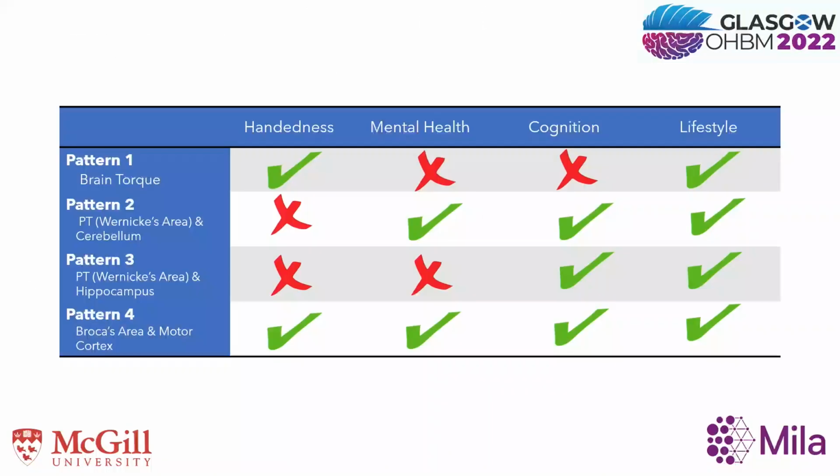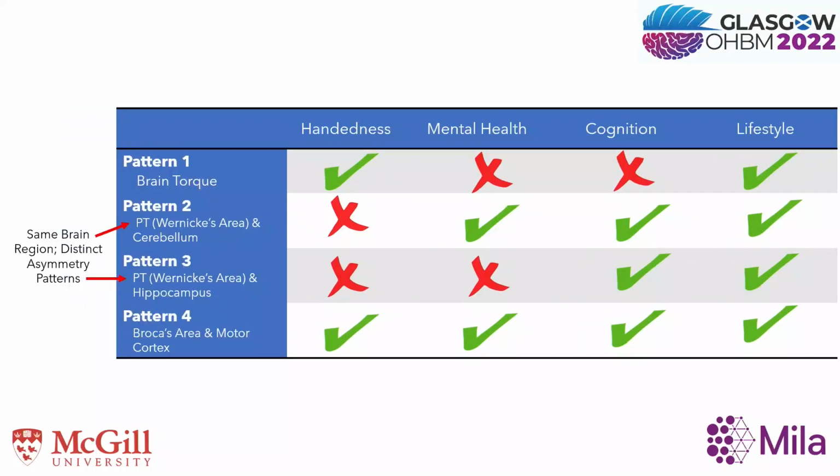In the interest of time, I've summarized our top 4 asymmetry patterns. Here, we see that the same brain region can be implicated in distinct asymmetry patterns. For us, this means that asymmetries in the planum temporale are separately associated with cerebral and hippocampal asymmetries. We also find that each asymmetry pattern has a unique phenotypic profile, which highlights differential behavioral associations to each of